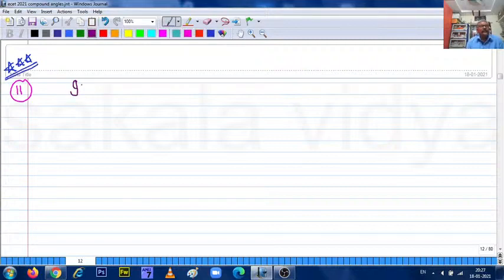This condition is very important: if a plus b is equal to 45 degrees, or it may be 225 degrees, whether it is 45 or 225, then